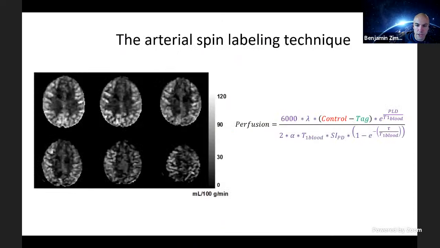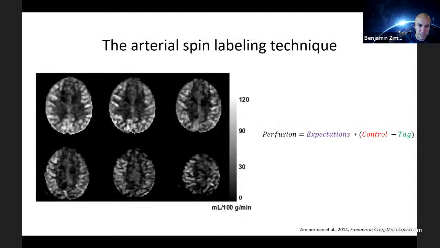So we can use what we know about physiology and physics to try to be more quantitative. That's what this equation's doing. And you'll usually see this quantification in some exact units then, like milliliters per 100 grams of tissue per minute. This is a somewhat scary equation for a general talk, but this just boils down to some expectations that we have about the physiology and physics. So let's just simplify it a little bit. Just to say that if we apply some expectations about physiology, we can make the technique quantitative.